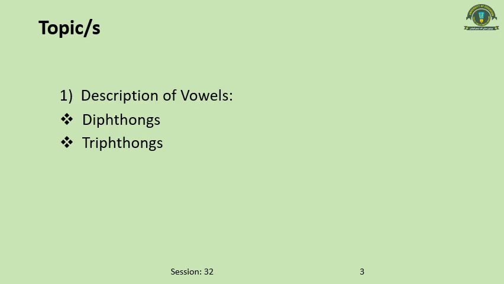All right, but this time we are going to talk about the diphthongs and the triphthongs. Definitely, these are the categories of vowel sounds of English. As I told you, deliberately I did not talk about triphthongs much because I told you that we shall be talking about them in the later sessions, and now the session has come to talk about triphthongs at the same time. But first of all, we shall be talking about the diphthongs. What are diphthongs? And then we shall be engaged in understanding what are triphthongs.